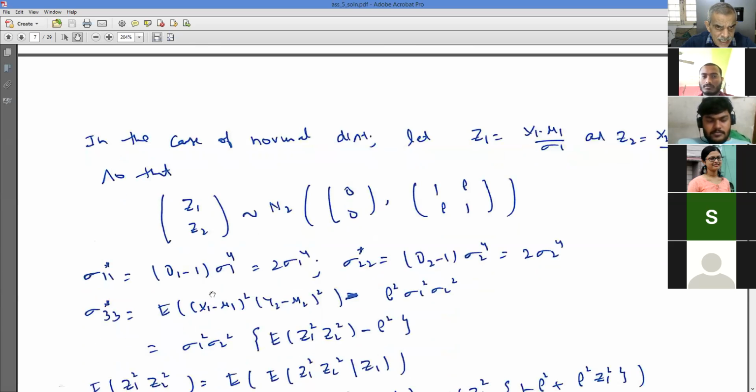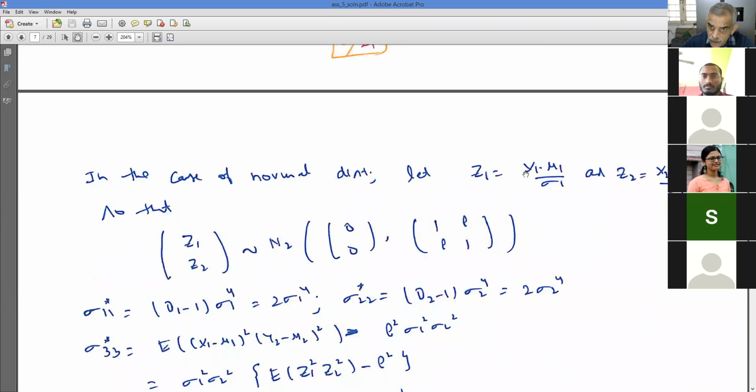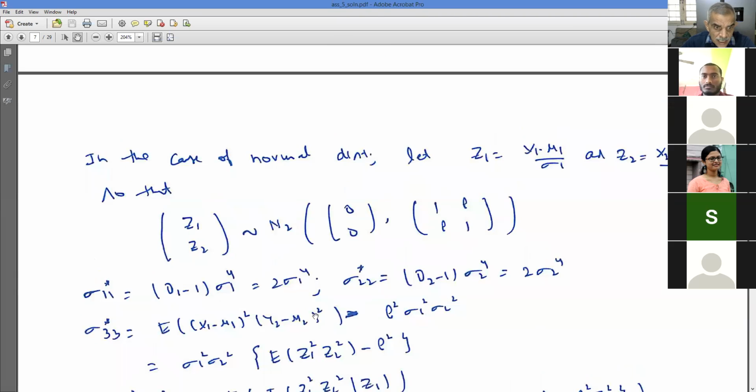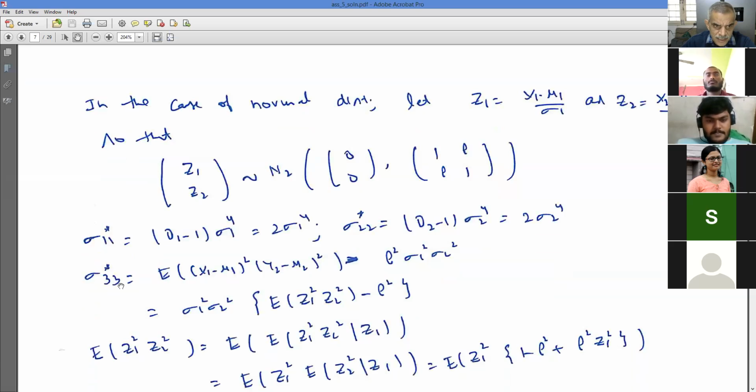Then sigma 1, 1 star is gamma 1 minus 1 sigma 1 to power 4. For normal distribution, x1 is normal, and Z1 would be normal because bivariate normal, so marginals are normal. So its kurtosis is 3. So 3 minus 1 sigma 1 to power 4, which is 2 sigma 1 to power 4. Similarly, sigma 2, 2 star would be gamma 2 minus 1 sigma 2 to power 4, which is 3 minus 1, 2 sigma 2 to power 4. Sigma 3, 3 star would be expected of (x1 minus mu1) whole square, (x2 minus mu2) whole square, minus rho square sigma 1 square sigma 2 square,